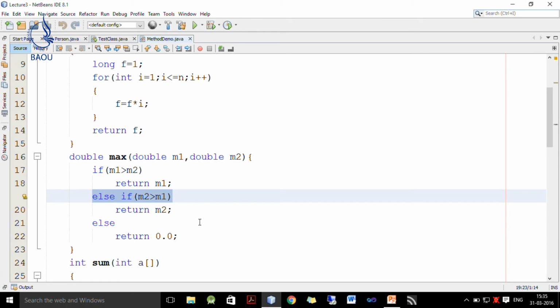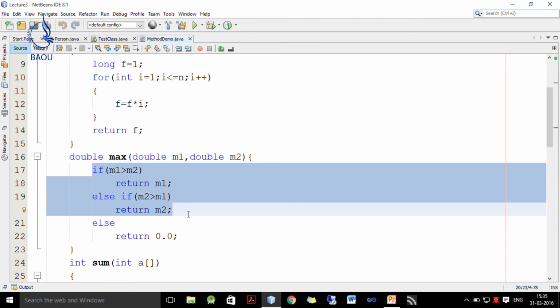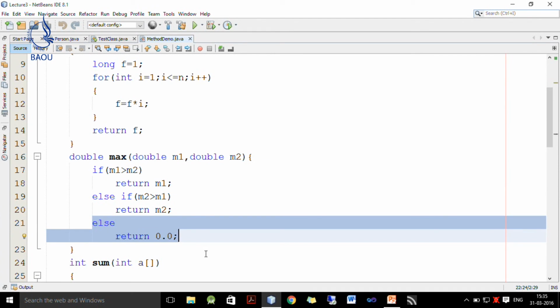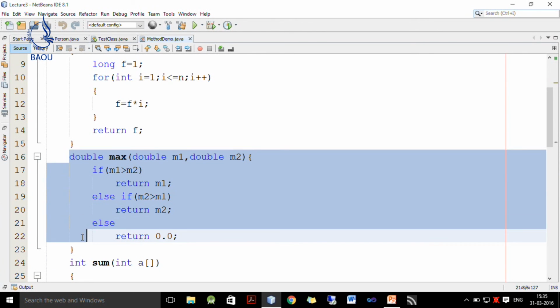So, I write else if m2 is greater than m1, it means m2 is maximum. So, I have to return m2, and if both the conditions fail, it means both are equal. So, I return 0. So, whenever I get 0, it means both numbers are equal and none of them is maximum. So, this is how this double works.